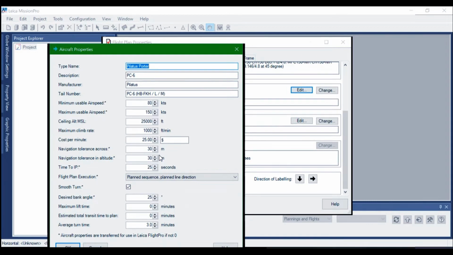These navigation tolerances are particularly important for gated flight planning, because you should always try to have in the range gate above hills and below valleys at least the same value as you have in your aircraft navigation tolerance. If this is more, it's even better. So here it is 30 meters tolerance across altitude, which is more or less okay for